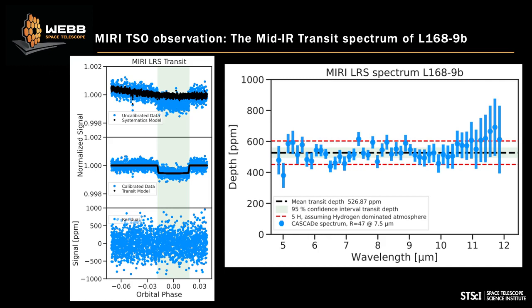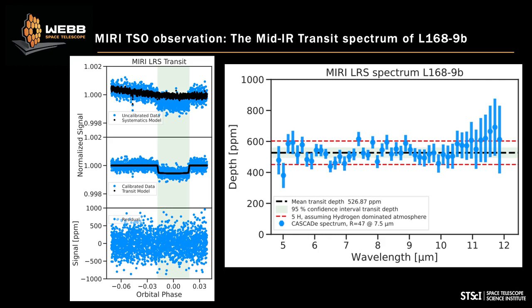The middle panel shows the corrected white light curve plus the fitted transit model, and the bottom panel shows the residual between the observations and the light curve fit. On the right, you see the result of the spectrum, which is consistent with a flat spectrum, as expected,